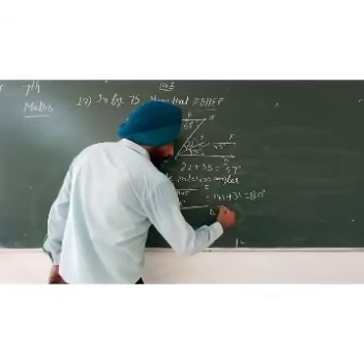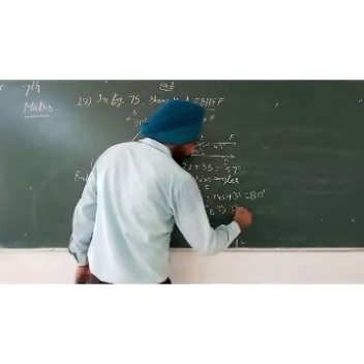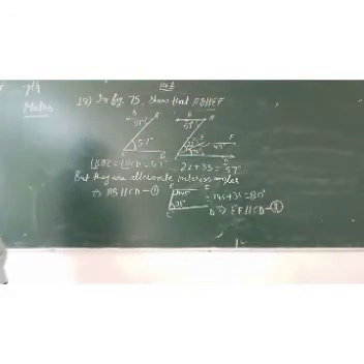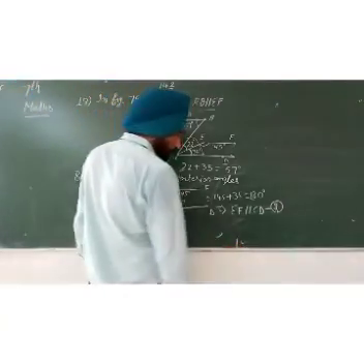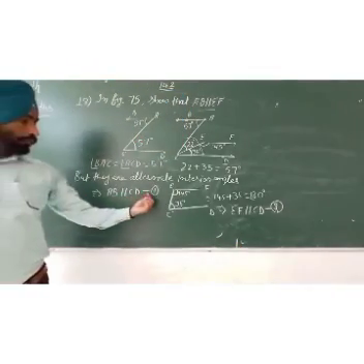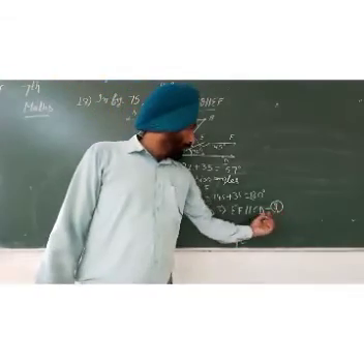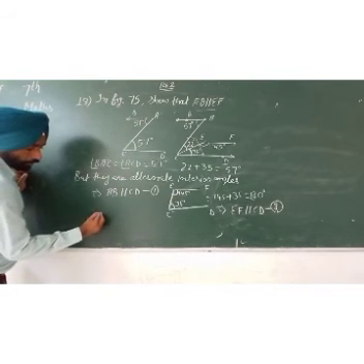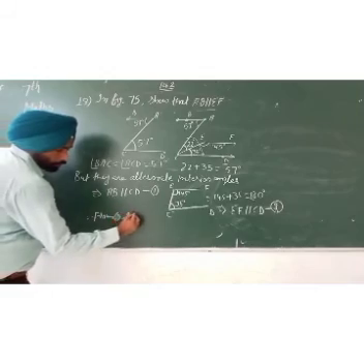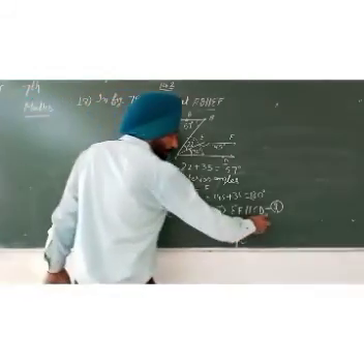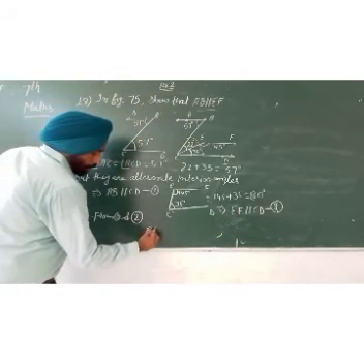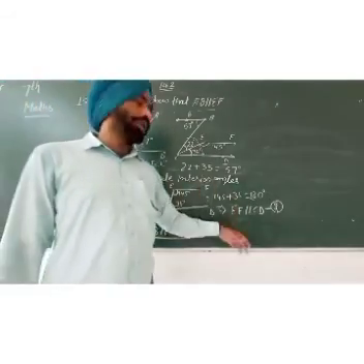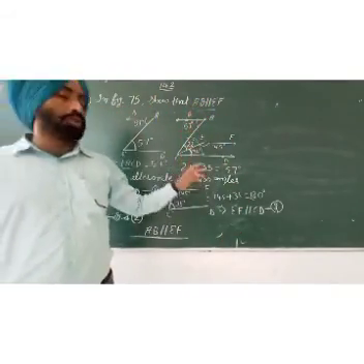So beta, from here EF is parallel to CD. Give it equation number 2. Or you can write CD is parallel to EF, any way you can write. Now from the first, beta, AB is parallel to CD, and from the second, CD is parallel to EF. So from 1 and 2, AB will be parallel to EF. All three lines, AB, CD and EF, are parallel to each other.